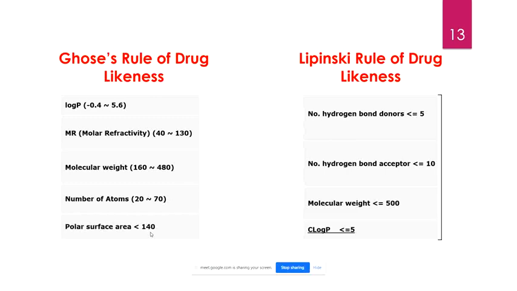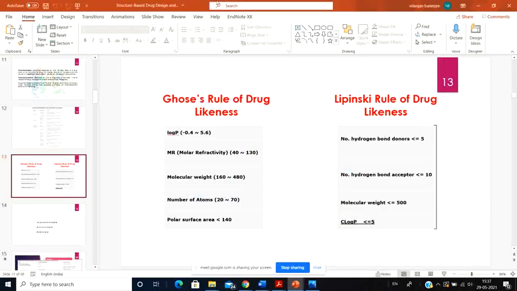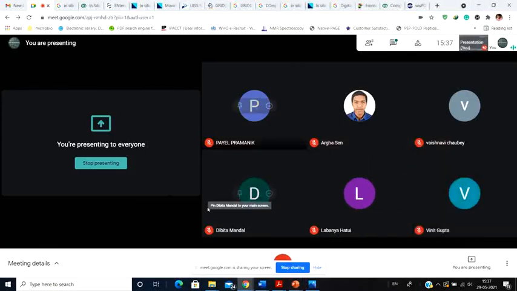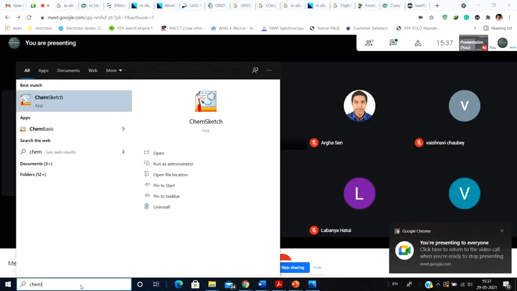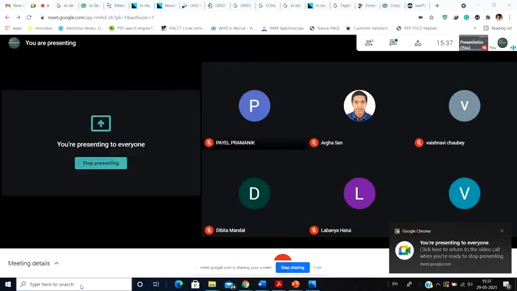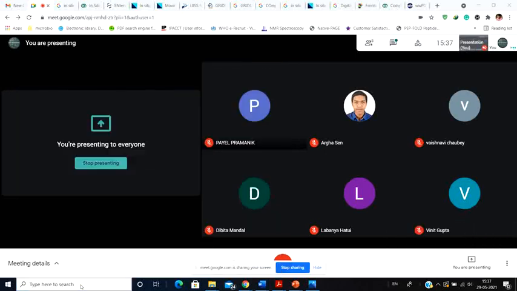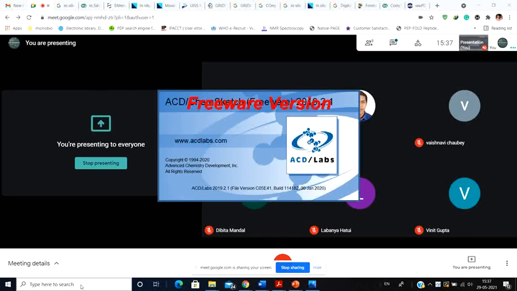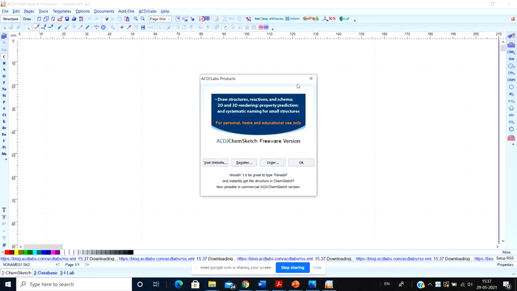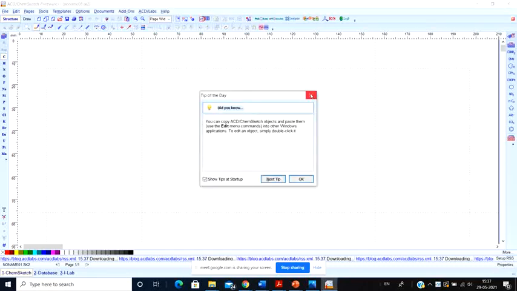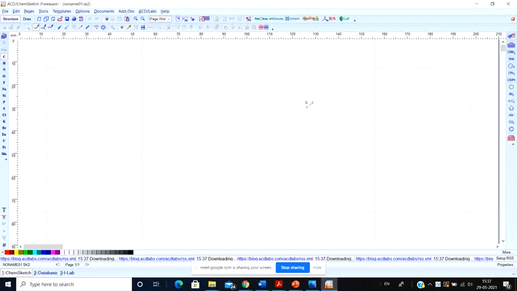But how do you know that the molecule you design has these properties, and how do you draw or design a particular molecule? For that, in the last class I asked you all to download a particular software, remember, ChemSketch. So now we're going to see ChemSketch and try to design and draw some molecules and see how that occurs. So everyone open up the ChemSketch application and try to follow me, and we're going to analyze and design some molecules and try to find out all these criteria. Okay.